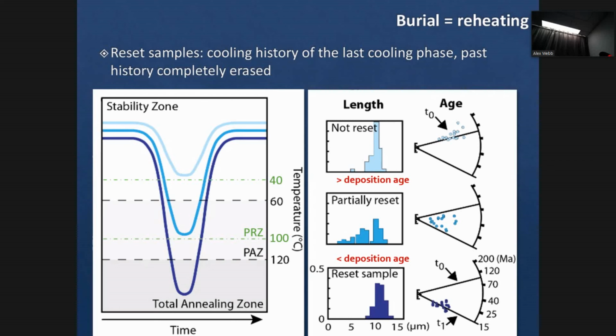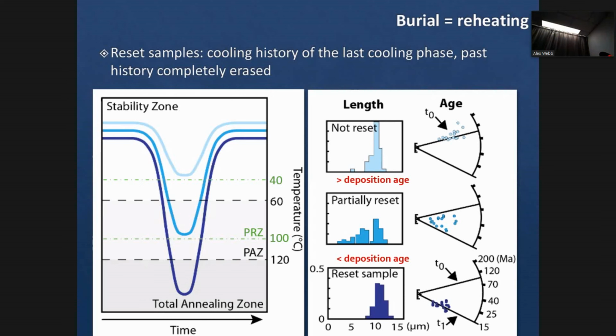If you heat a lot, we say that you are resetting the system. This is how we call it. When you reset your system, it means I heated my sediments so much that I removed all the helium inside, and all my fission tracks had time to anneal. So what I will record here is the last cooling event, which is often the exhumation of the basin. And if you have something in between, it is also good